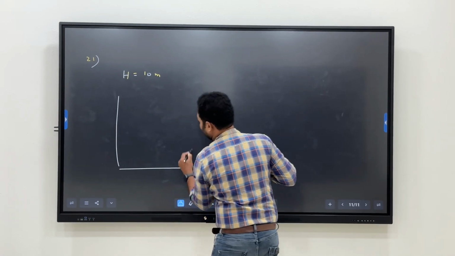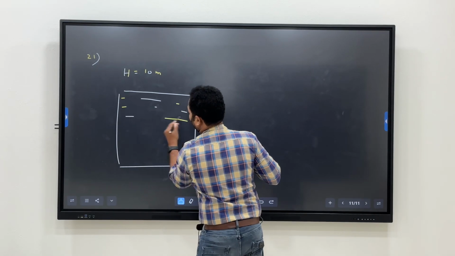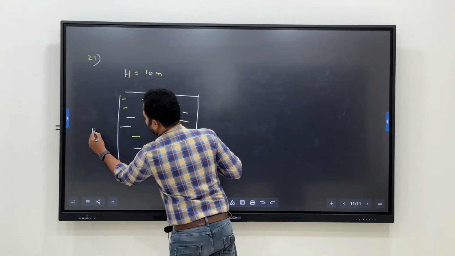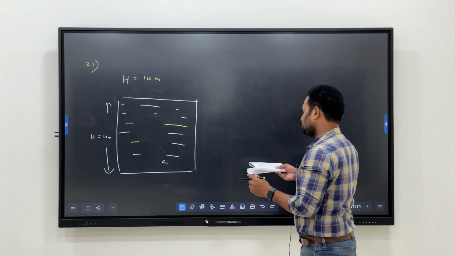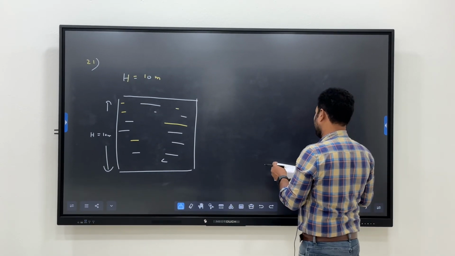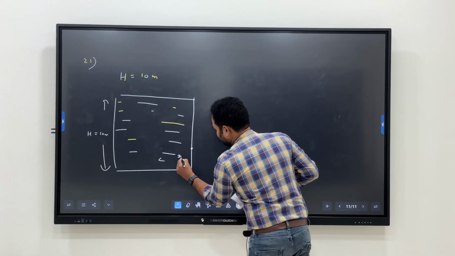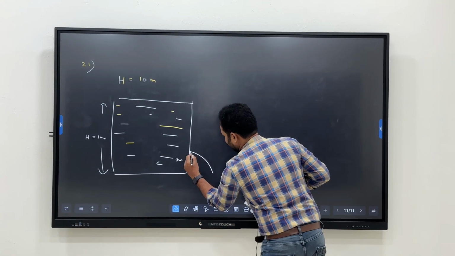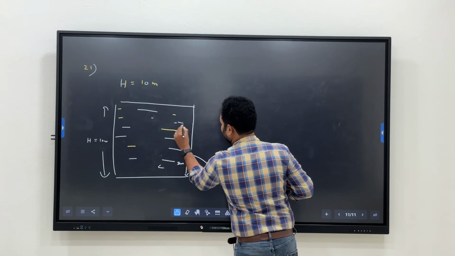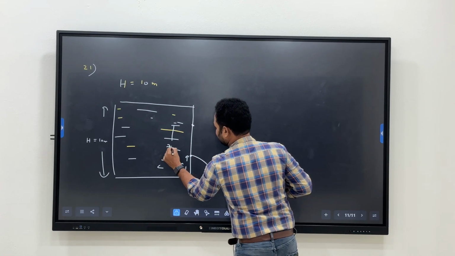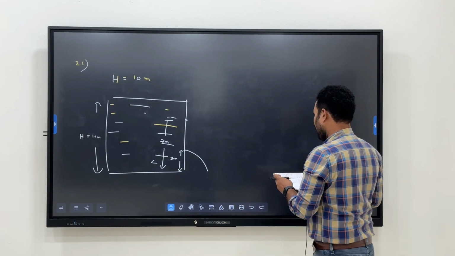So this is a water tank. The total height is h meter, 10 meter. But they mention it has two holes, at 3 meter and 7 meter from the base. This is the hole at 3 meter from the base, so water is coming out like this. This is 3 meter height, and another one is at 7 meter height. This is the hole at 7 meter height. So they mention water ejecting from